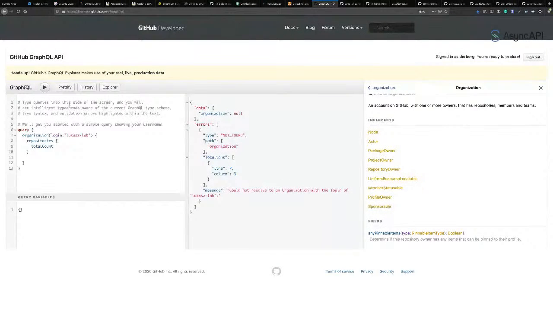I need a token for it, right? But in the GitHub Explorer for GraphQL, I'm logged in with my other account. That's why I cannot read data of the Lukash lab, which is fine. So let's just practice here with Async API. We can list the total amount, but